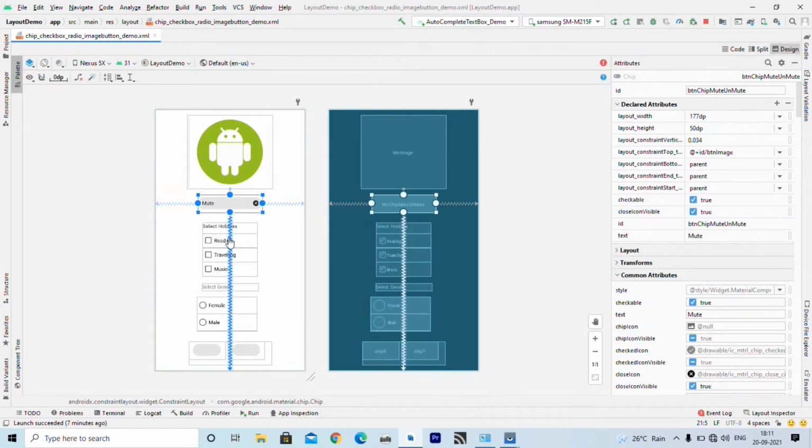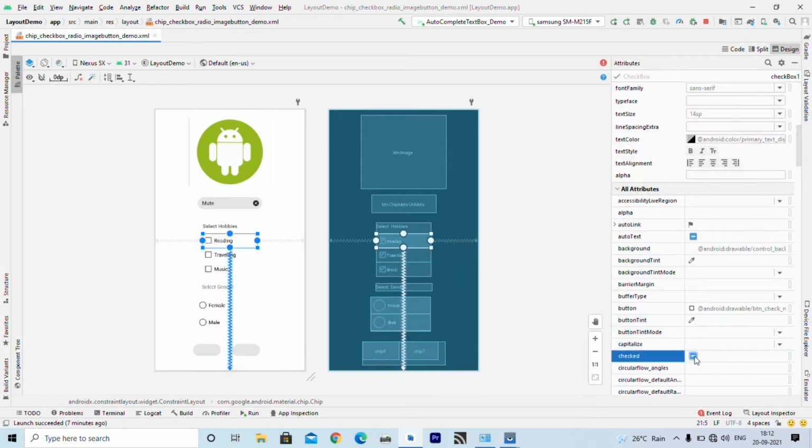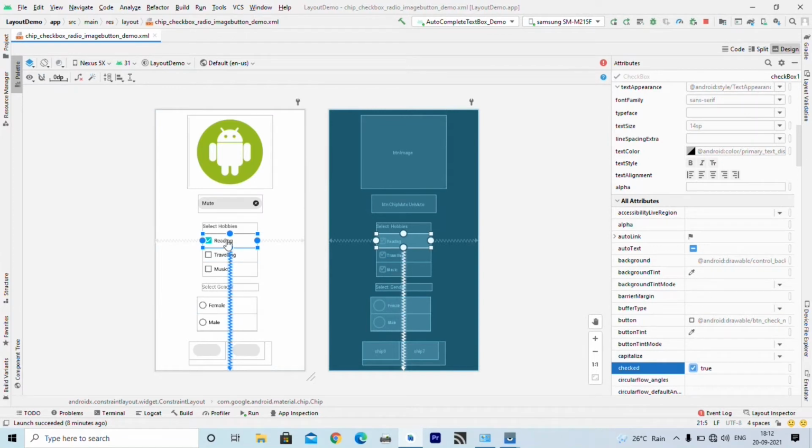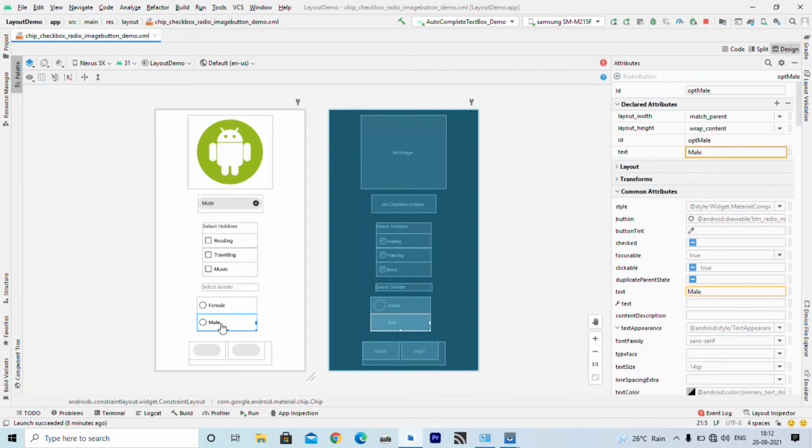So, here you can see checkbox. So, checkbox is a normal button but with checkable functionality, right. Here I have not set any special properties. So, it is as it is. If I set its check property to true, then you can see that it is initially checked. I don't want to do that, so I am unchecking this. Now it is also removed. Similarly, here we need to place this radio button inside radio group, otherwise both can be selected. So for that we require radio group to group radio button. Here I have not set any particular property, just it is as it is, drag and drop.